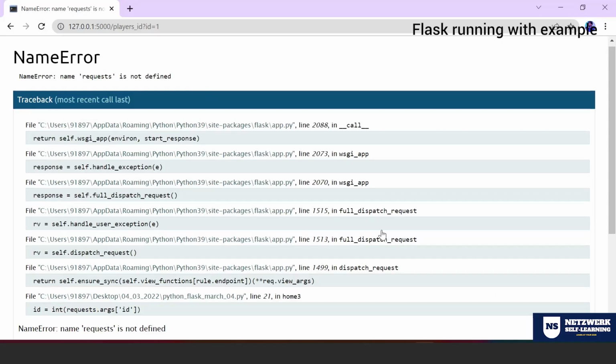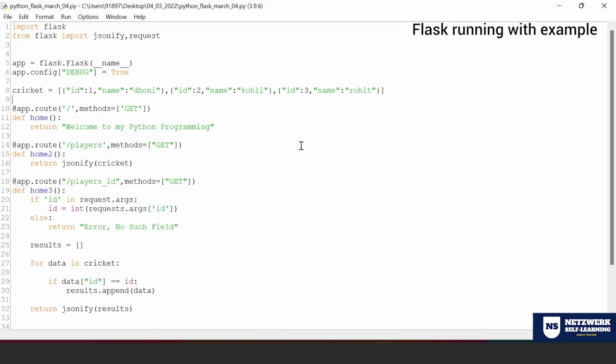Okay, so I think I have made some mistake. Give me a second. Okay, here at line number 21 I made a mistake. Basically it's not because of the input, it is because of the term that I have produced here at line number 21. It's supposed to be request, but unfortunately I made that as a plural form, so it is throwing error. So now